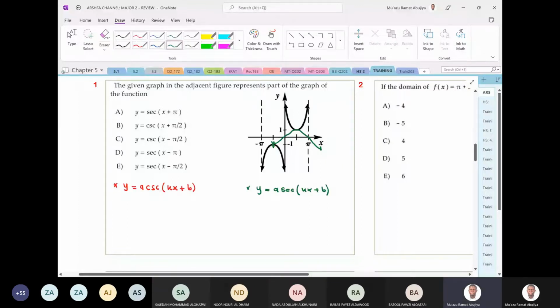Now the question is, we need to find a, we need to identify b, and also identify what is k. To get started, let's start with a. A is very clear. In this graph there is no amplitude because it's representing secant or cosecant, but we know that there is a. A is going to be equal to,